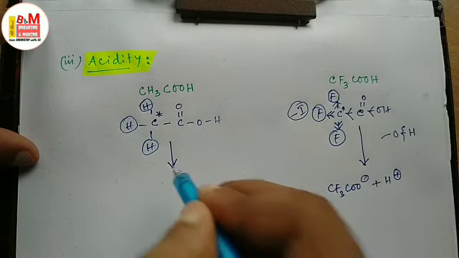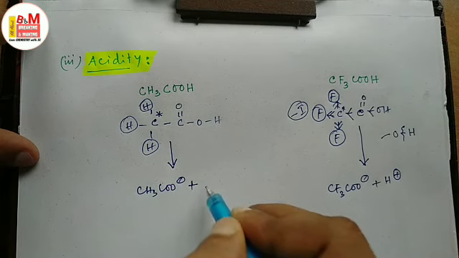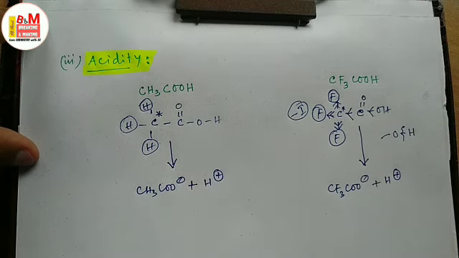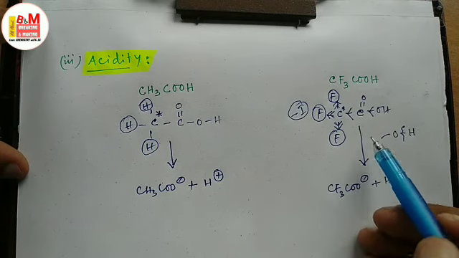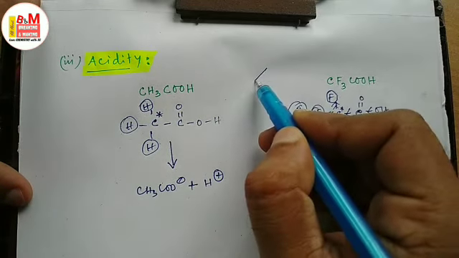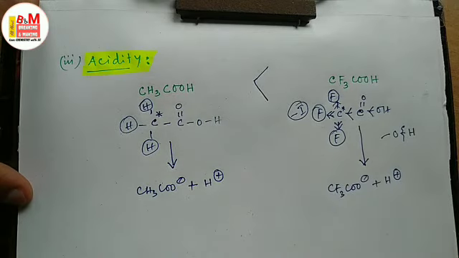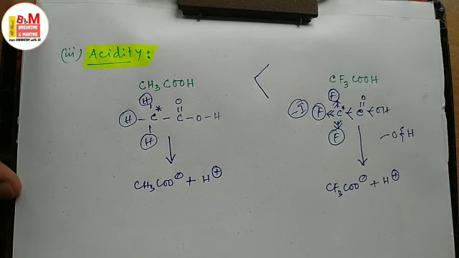Here also the dissociation occurs. But the rate of dissociation or the tendency of dissociation of trifluoroacetic acid is much greater than that of normal acetic acid. Thus, trifluoroacetic acid is a much stronger acid than normal acetic acid. Similar explanation can be given in case of mono or dihaloacetic acids. Similarly, the acidity between formic acid and acetic acid can also be explained.